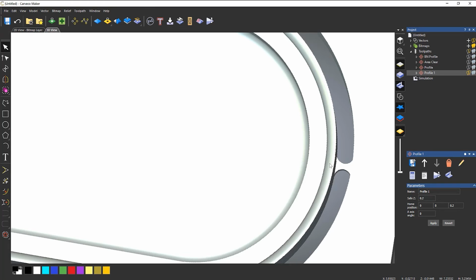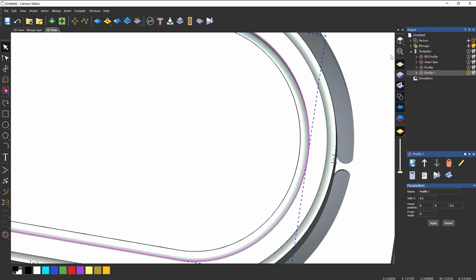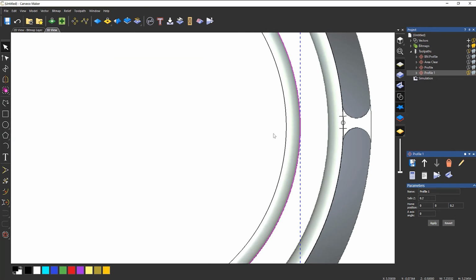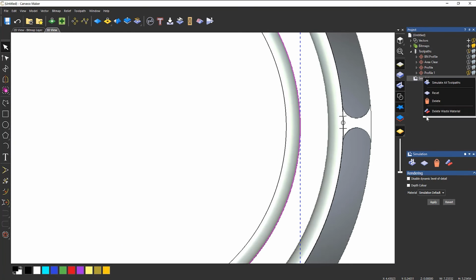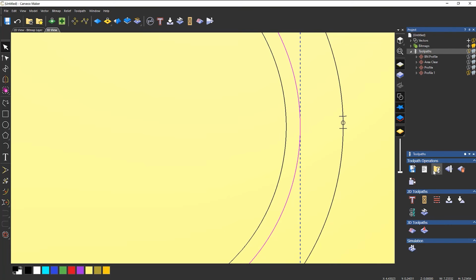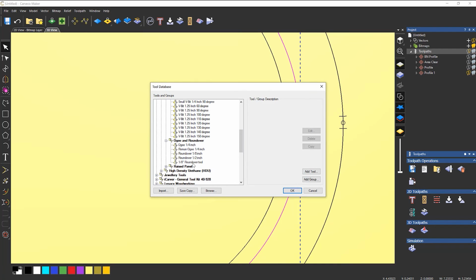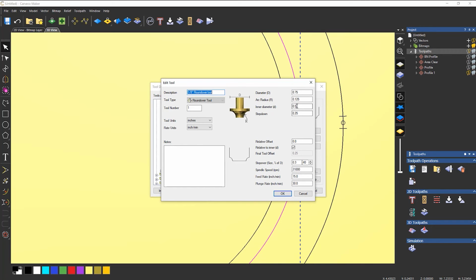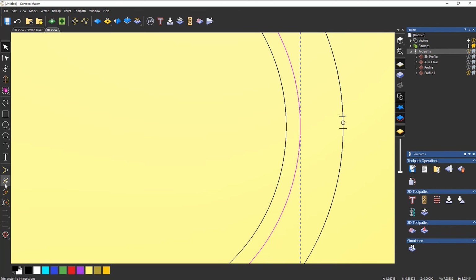So what we need to do is move that to the left, or more to the inside. If I turn on the vectors and then delete the simulation, I know that the inner diameter, let's just take a look in the tool database. I know that the inner diameter, let's say it is 1/2 inch. So I need to go half of that. So I need to offset this by 0.25, so 1/4 inch. So if we offset that